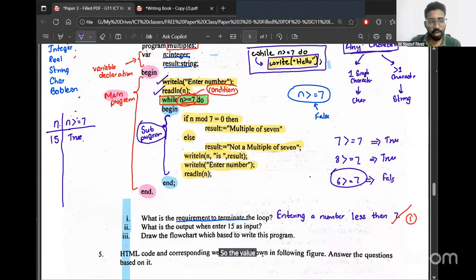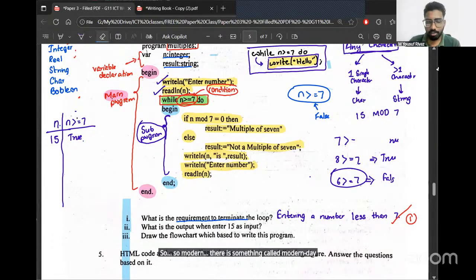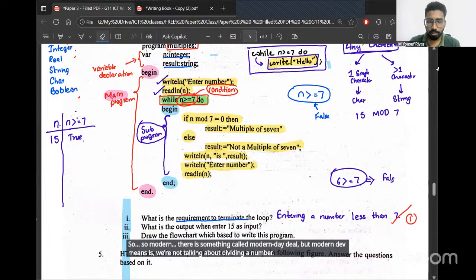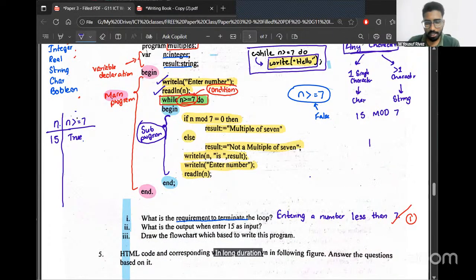So the value of n is 15. When you say n mod 7, we are referring to 15 mod 7. There is something called mod and div, but mod and div doesn't mean dividing a number in long division. For example, when you divide 15 by 7, 7 times 2 is 14, and 1 remains. If I go to the next step, it will become a decimal answer. So in mod and div divisions, we don't go for decimal answers.